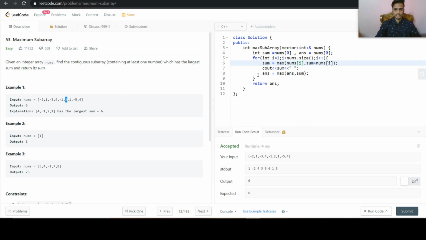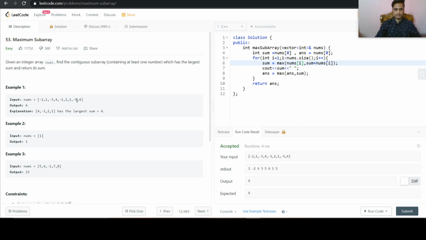So 5 will become the answer, and then we have 1. So we will add 5 plus 1, and it will become 6, and the current value is 1. So the better one is 6. So the sum will become 6, and answer is either 5 or 6. So 6 is better, so it will become 6.